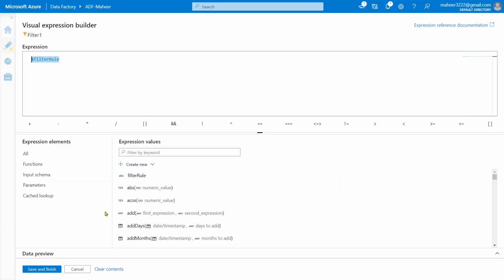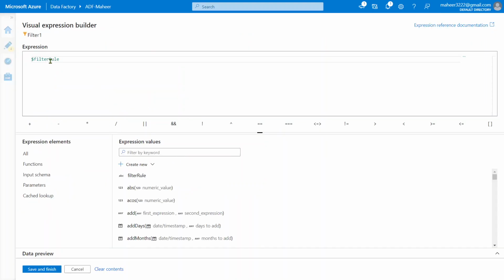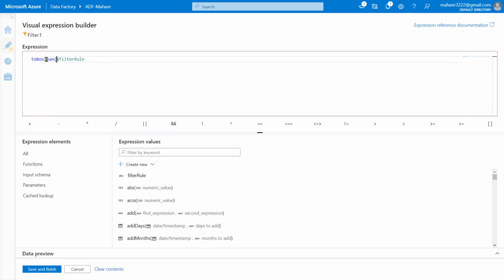Then only the filter transformation is going to take that row. If true, then the row will be considered for the output. If false, then the row will not be considered. So firstly, this entire filter transformation should always return boolean. So what I will do, I will keep this entire expression in a toBoolean function.